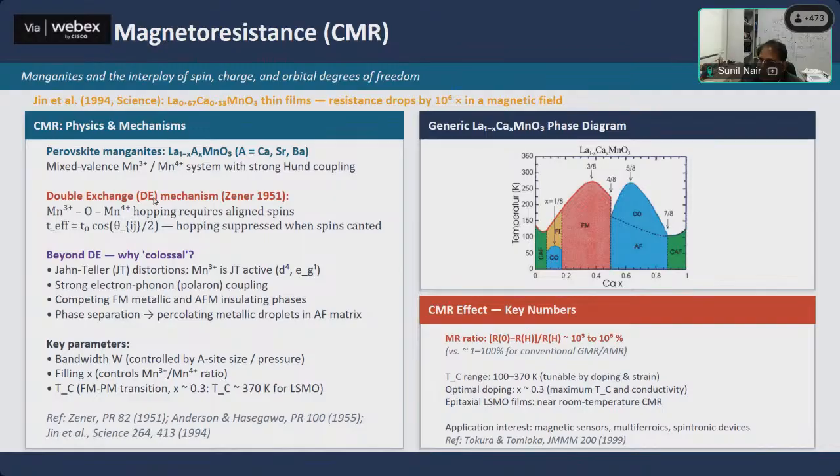And the moment you have a few Mn4+, then double exchange can kick in, and you basically have a virtual hopping of an electron through this ligand, and that virtual hopping then gives rise to both ferromagnetism as well as metallicity. So your system basically transforms from an insulating antiferromagnet to a conducting ferromagnet. And within this conducting ferromagnet, you still have a lot of spin fluctuations. And so when you apply a magnetic field, the spin fluctuations are strongly suppressed and that gives rise to magnetoresistance.